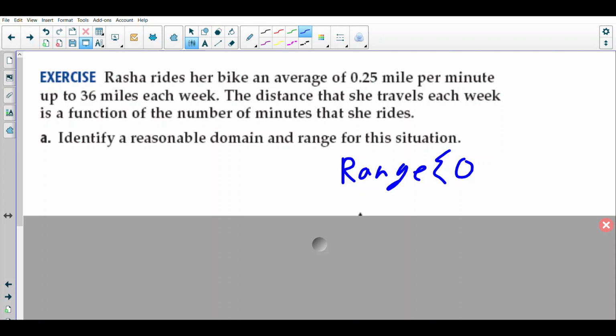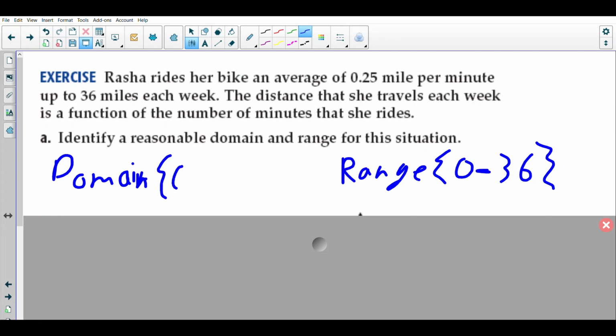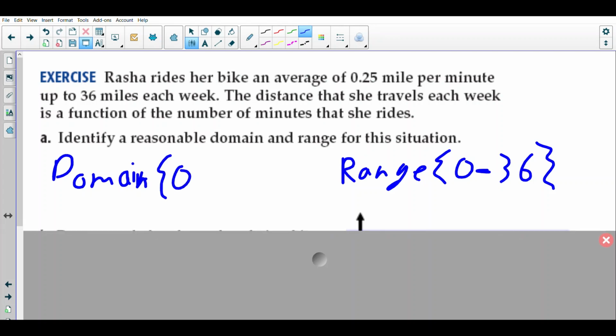But if she rode the maximum she would do each week, well, it says up to 36, so she would have up to 36 miles. So the range is from 0 to 36. Okay, so I'm just going to put this 0 to 36. There we go. So now the domain's a little bit trickier. Obviously the start is pretty easy. The domain, we could start at 0 minutes. Well, now we've got to figure out, if she's riding a total of 36 miles